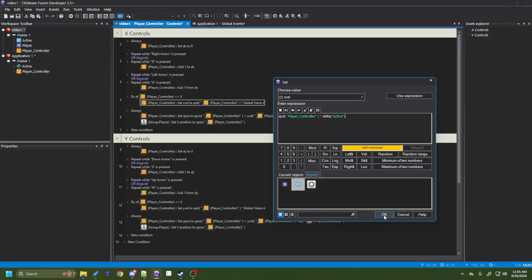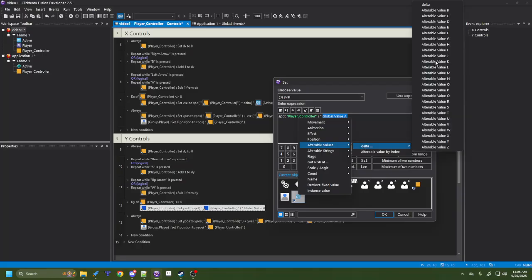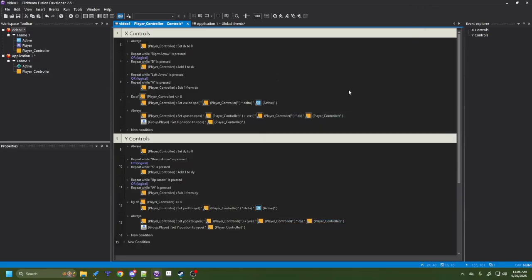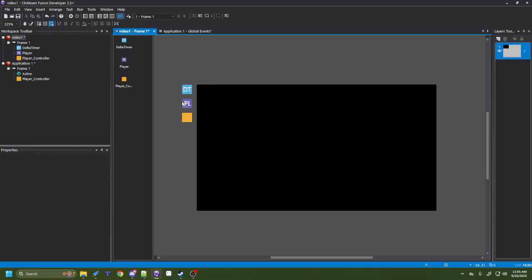That should work now because it's imported. We're going to go over here and do the exact same thing. Values Delta. Okay, so that's done. Go back here. Let's just do Delta timer. Okay. Now,